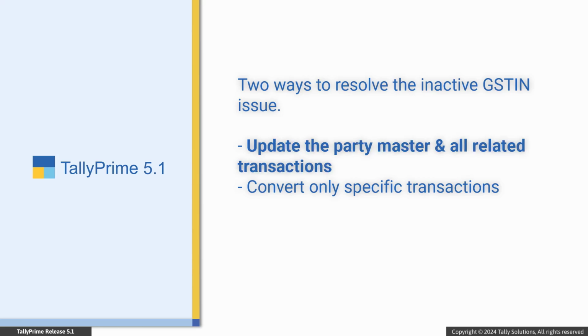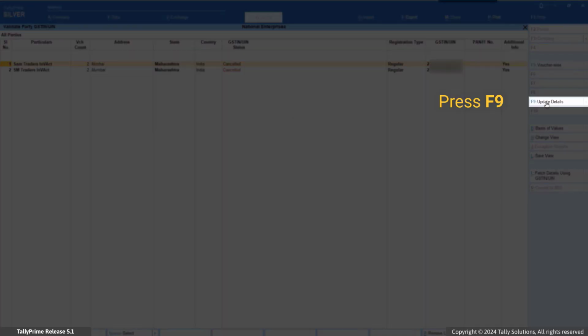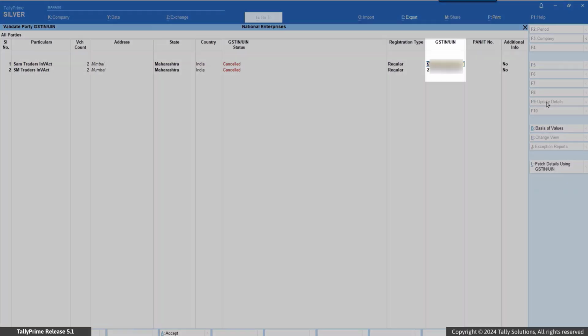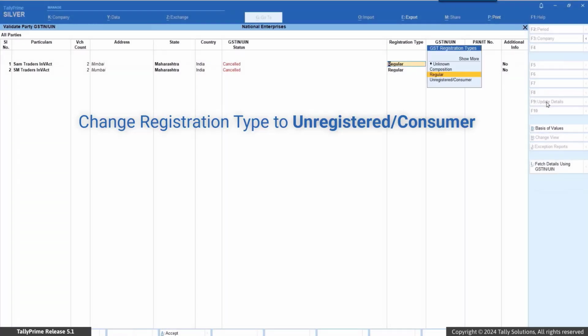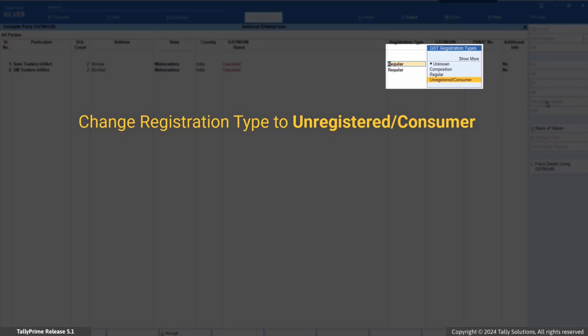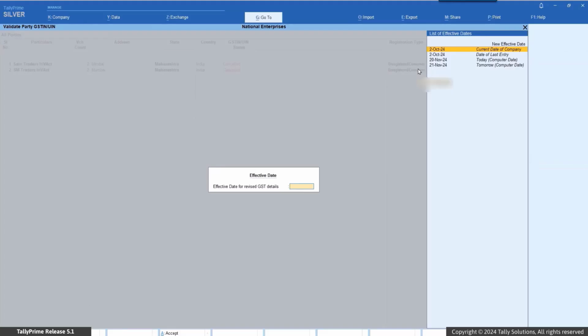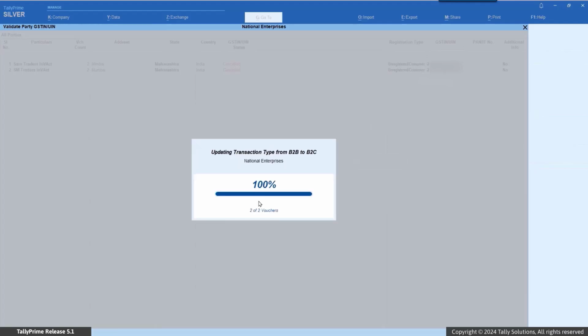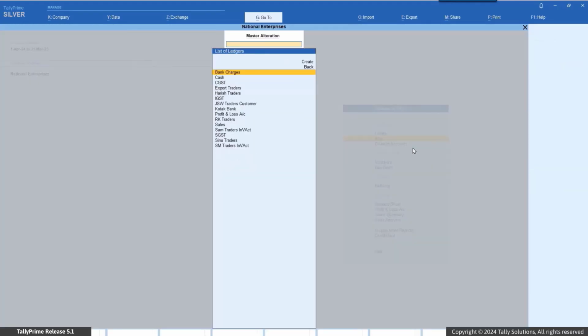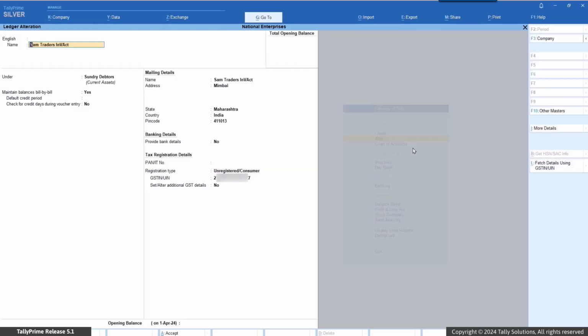To update the master and all related transactions, press F9 to make the report editable. Go to the GSTIN UIN field, press backspace, and change the registration type from regular to unregistered consumer. Set the effective date and save the changes. A message appears asking for confirmation to convert to B2C transactions. Press Y. Tally Prime updates the masters with the registration type and all related transactions for the period from B2B